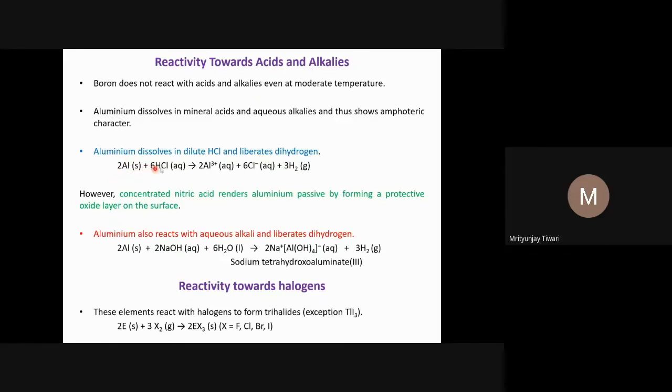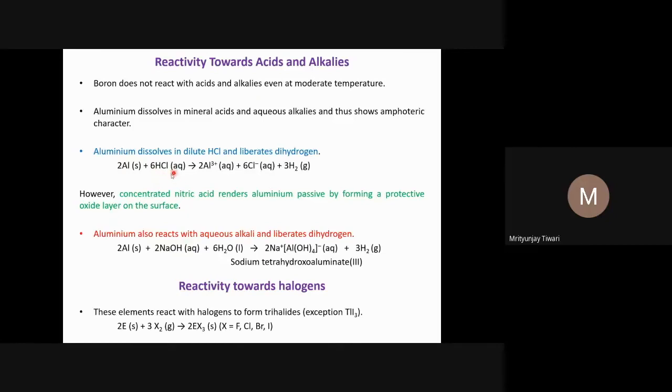It's a metal plus 6 HCl aqueous, and what does it do? It replaces hydrogen of the HCl. So this hydrogen, it will reduce this hydrogen. So these two aluminum will give two electrons to two hydrogen and one extra electron to another hydrogen. So what we see on balancing this reaction, you see two aluminum atoms react with 6 HCl aqueous